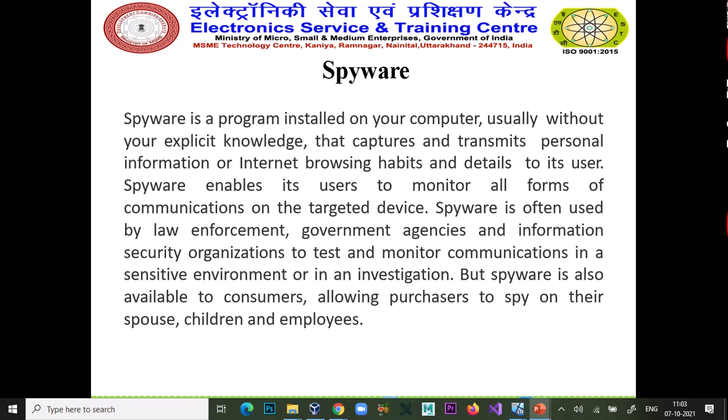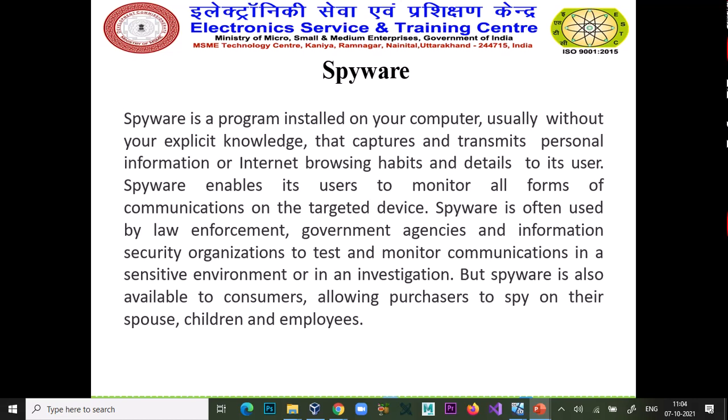Spyware enables its user to monitor all forms of communication on targeted devices. Spyware is often used by law enforcement, government agencies, and information security organizations to test and monitor communication in a sensitive environment or an investigation.